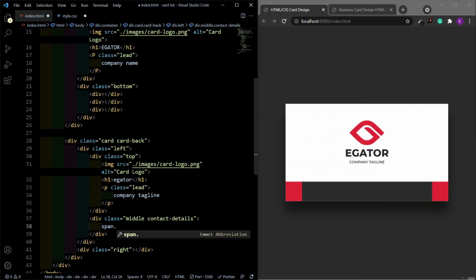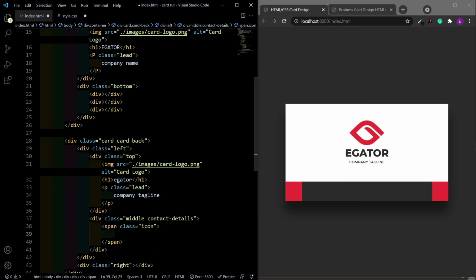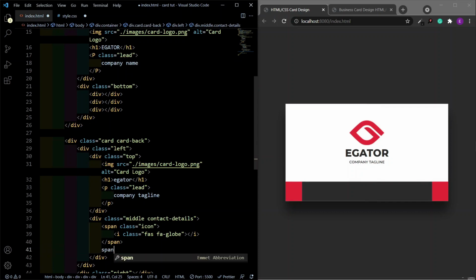The first one is going to have a class of icon. As I said, that is going to contain the icon, and the icon is going to have a class of fa-solid. There's a Font Awesome icon, and there's the class you should give it for the icon to show. And then the next span, which is the detail span or the content,